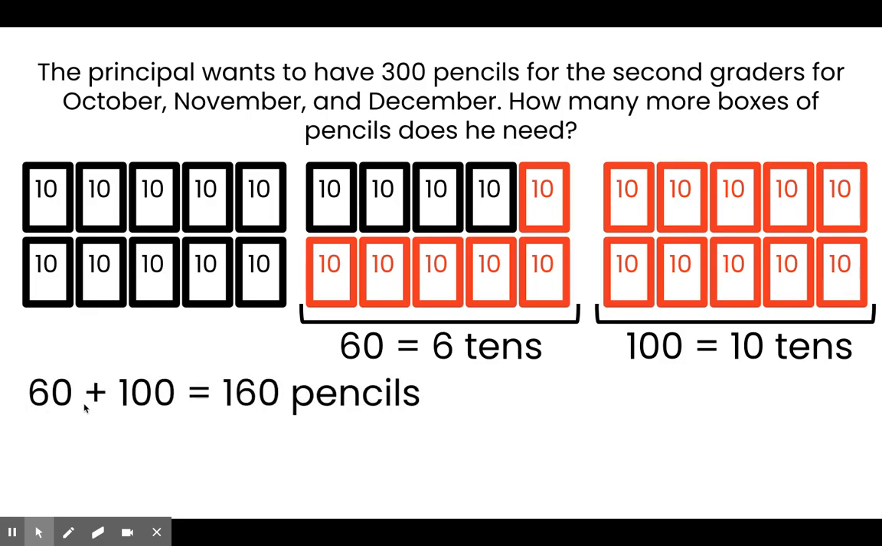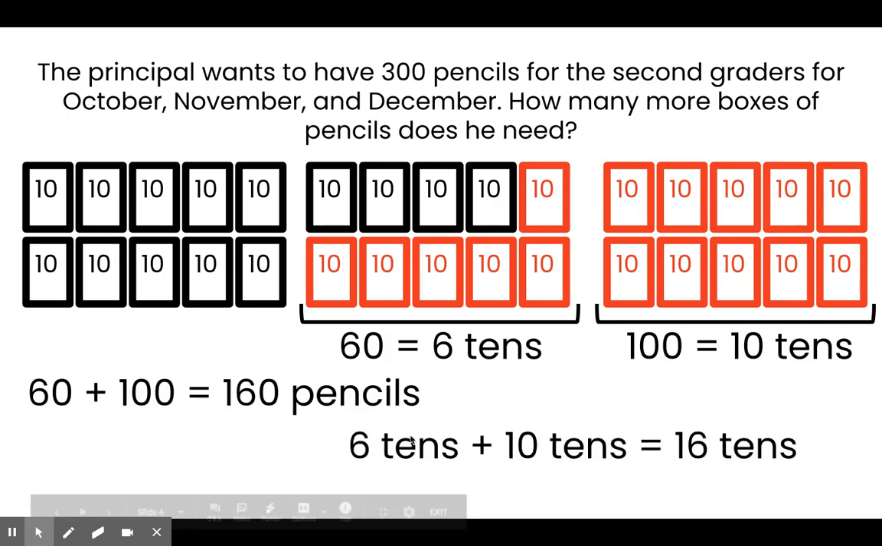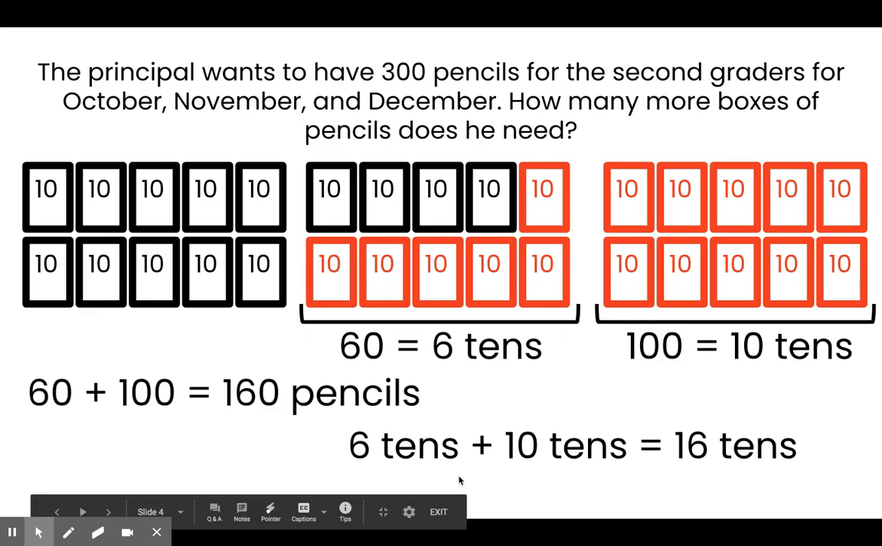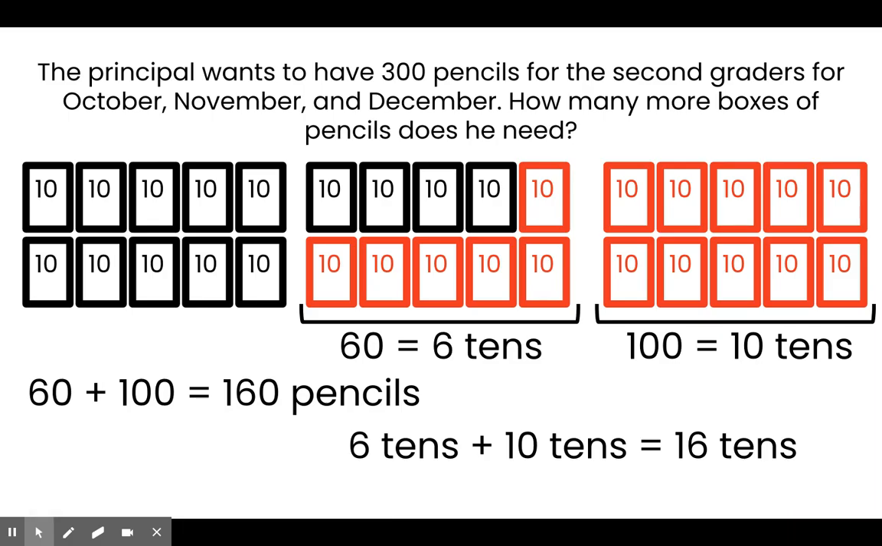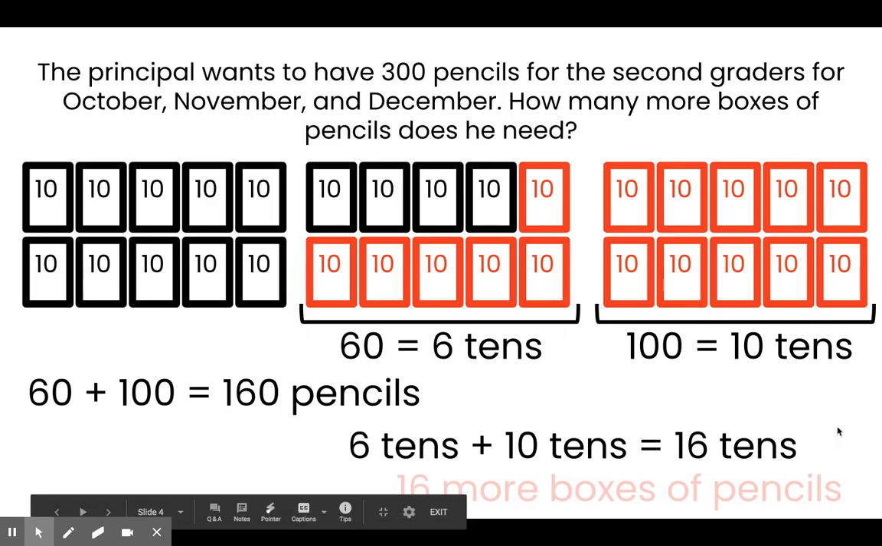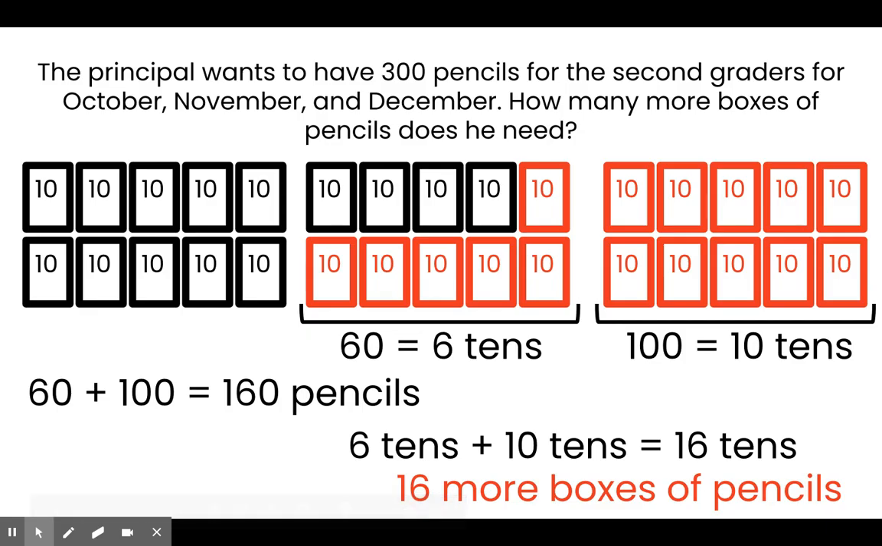Altogether, I added 60 plus 100 pencils, which equals 160 pencils. We could also write this in unit form, which will help us know how many boxes. I added 6 tens plus 10 tens, and together that's 16 tens. Each box had 10 pencils. So if I have 16 groups of 10s, then I know I need 16 more boxes of pencils to have